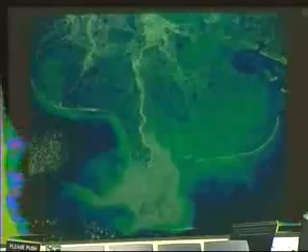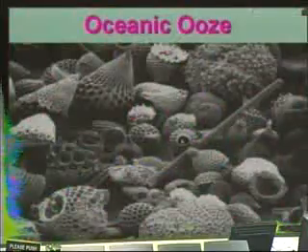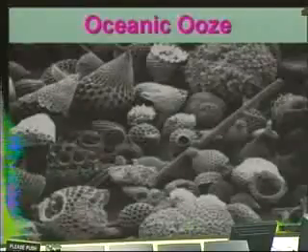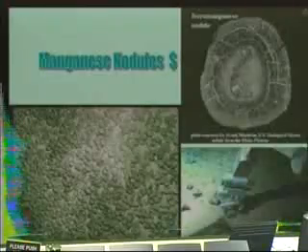So here's a picture of the Mississippi Delta, so you can see lots of stuff being flushed out into the oceans. Here's a coral reef system with lots of critters, fish and the corals themselves and so on. When their skeletal remains drop to the bottom, they become part of the sediment. Here are some pictures we saw early on of plankton, the shells of these that make up that mucky bottom they call ooze. There's forams and radiolarians and diatoms in all these pictures. And I think I showed you pictures like this in the chapter on sedimentary rocks.